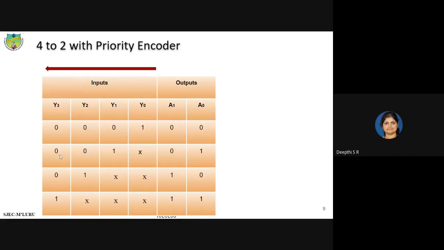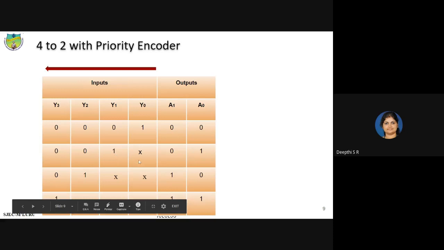When the input is 001x, x means it can be 0 or 1, then the output is 01. When the input is 01xx, then the output is 10. And when the input is 1xxx, the output is 11.